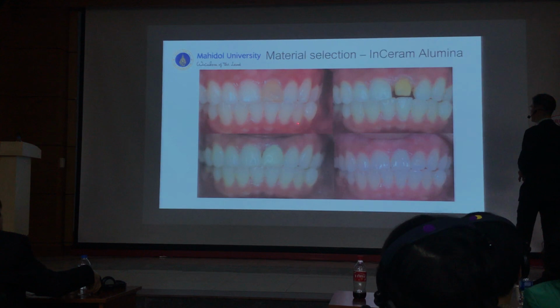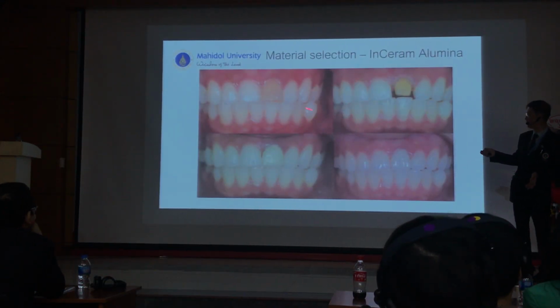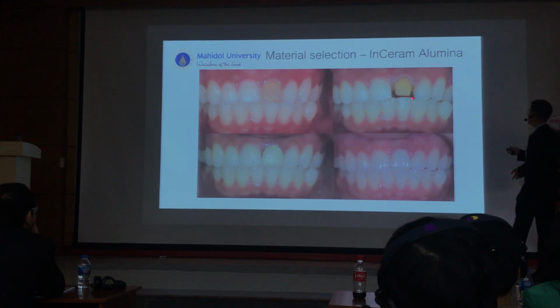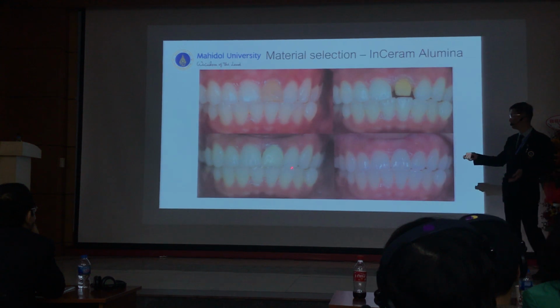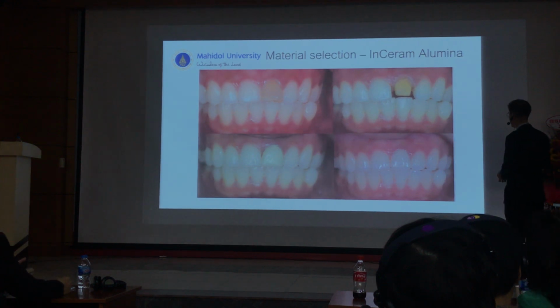This one came to our 6th-year student. I don't know why he kept this one for a very long time. Came to our university to make a crown. And after preparation, the color here looks very yellow. The student made a temporary crown with the assistance of the supervisor. And finally, he made a crown over.